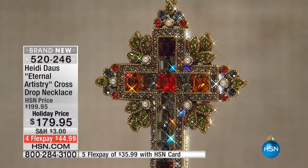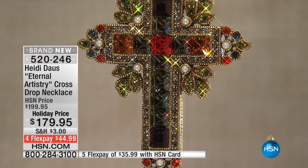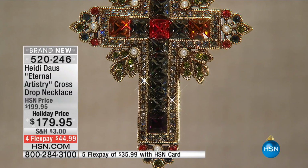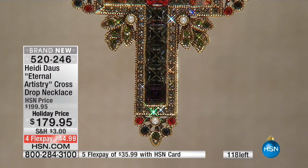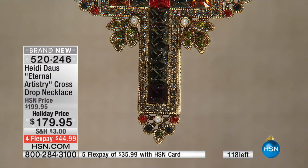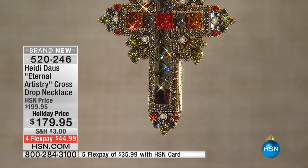And I know that when you get it home and examine it and see the hundreds of crystals that are hand set in there one by one, and you see that little baby seed pearl pave, there's only 118 left, girls. And you know what? That's not counting the hundreds of people in the ordering process. So they will definitely